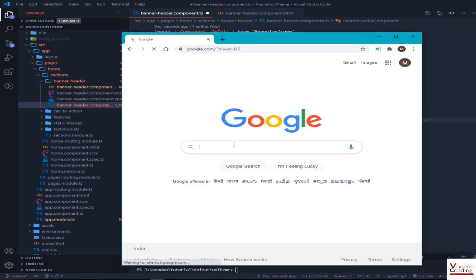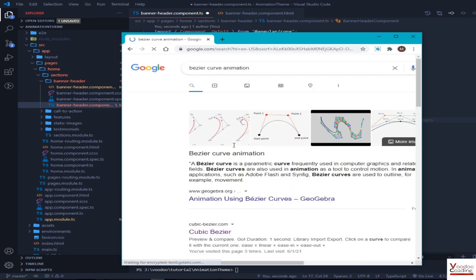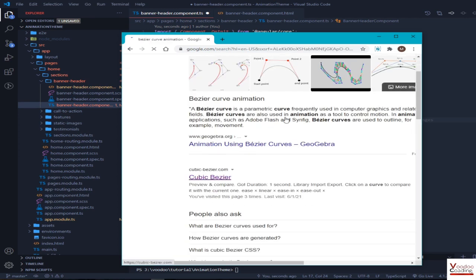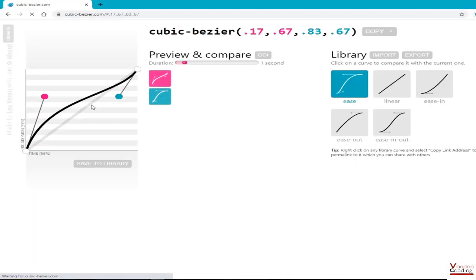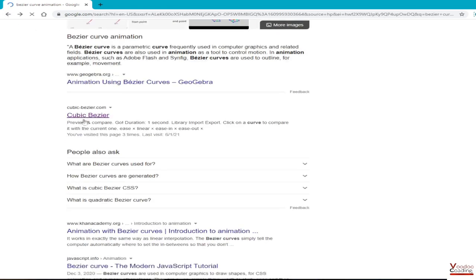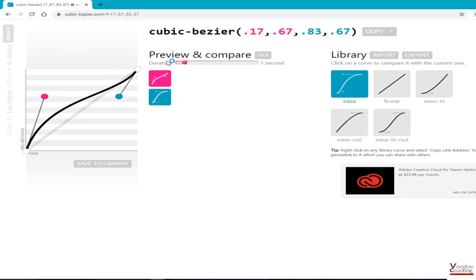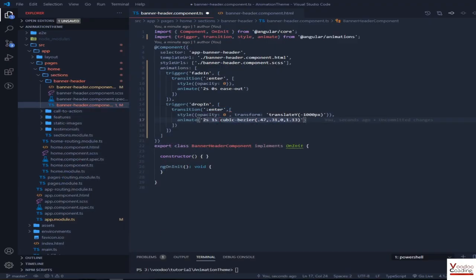Now you can search for Bezier curve animation, then choose the first link. This link, open it. It's cubic-bezier.com. You can create animations here, and you can copy that and then bring it to your animation.